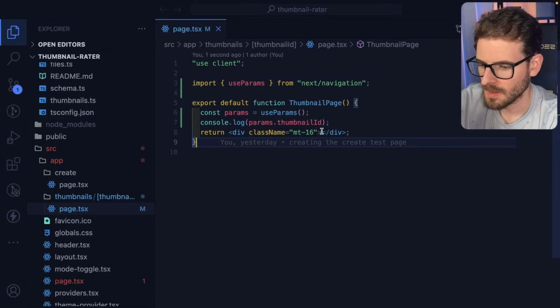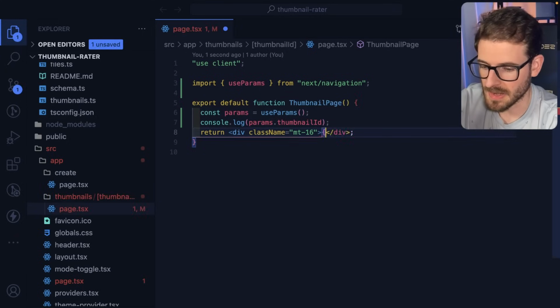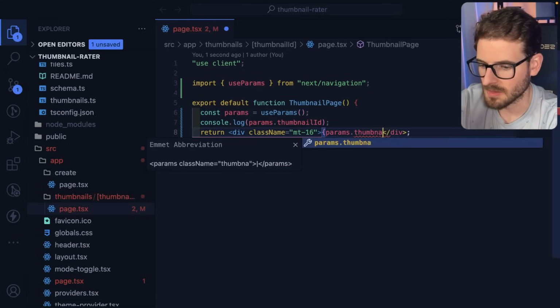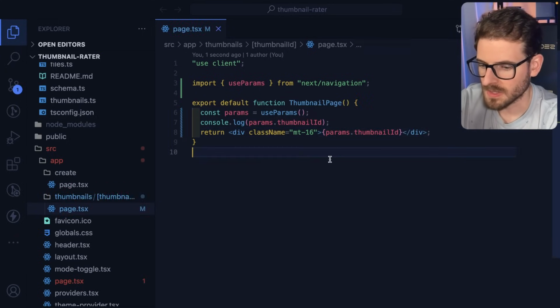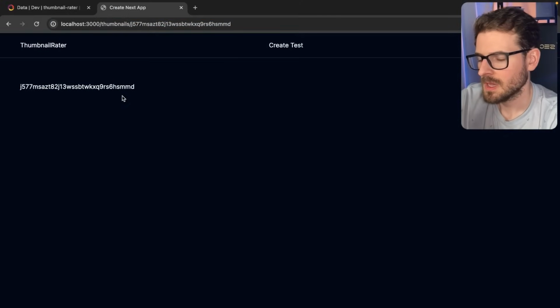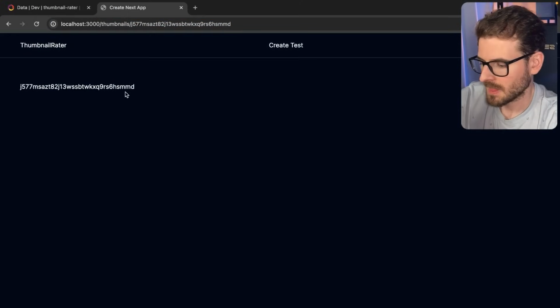And we could also just render it out to the page, right? Because get params.thumbnailId. And hopefully this will render out. There it is. Now the reason we're getting this ID is because we need to fetch some data from Convex,